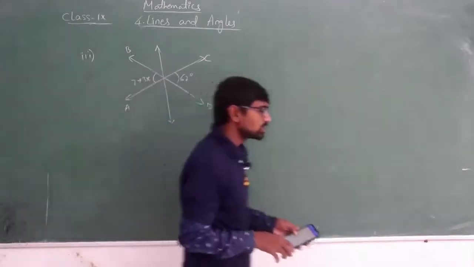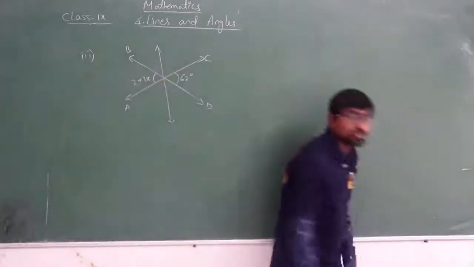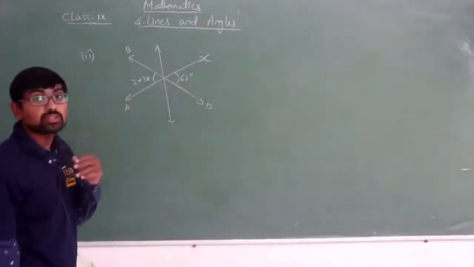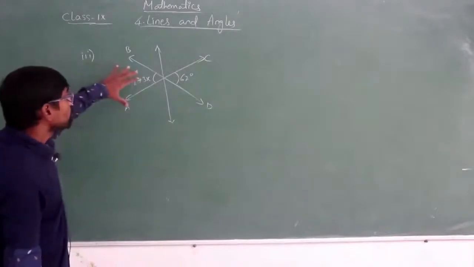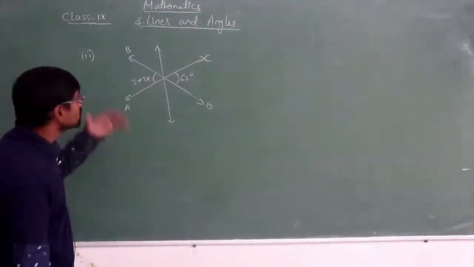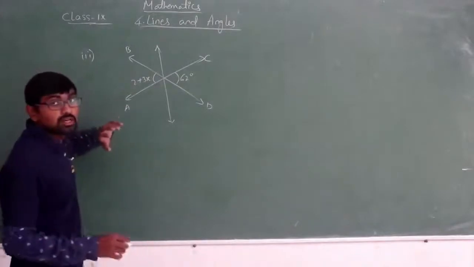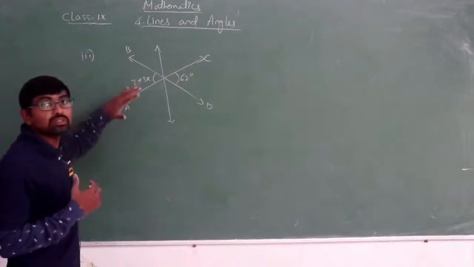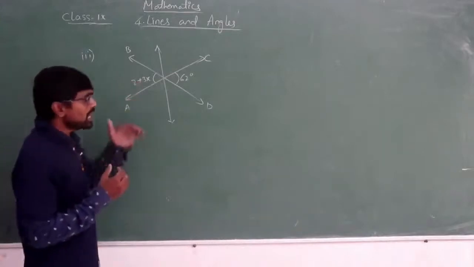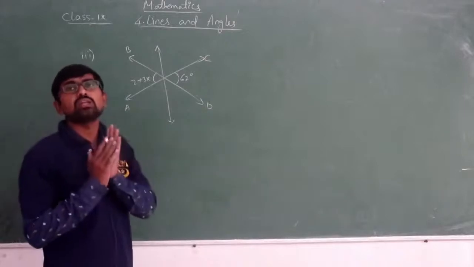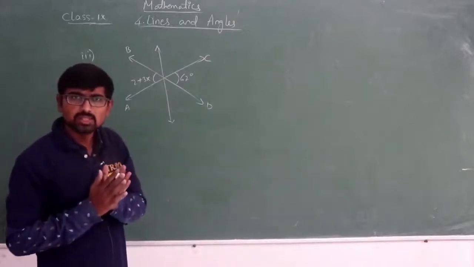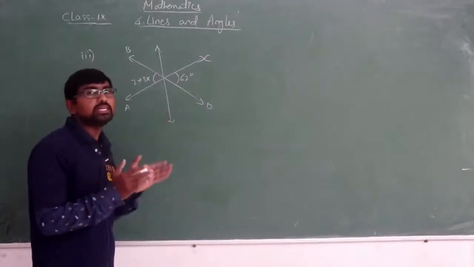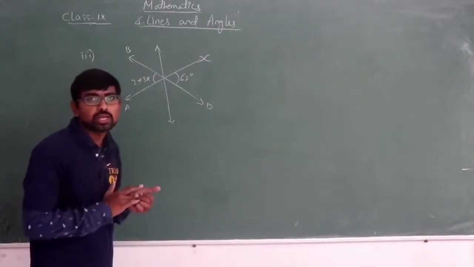Here he just tilted the question. You can see from this diagram, we are having 3 lines. So do I have to take all the 3 lines? Like that you will be getting the confusion. What he asked in the question is just what is the value of x. So by whatever you are getting the value of x, that only you have to take. The remaining you need not take.